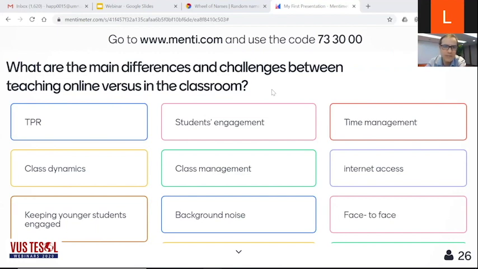And as I was designing this workshop for creating a student-centered online class, I was using a lot of my resources and a lot of my experience from observations and from the workshops that I've been doing with new teachers. So if you've been a VUS teacher before, and if you've been to one of my workshops, some of this workshop will be quite familiar to you. And I think that's a good thing, because a lot of what I teach new teachers for creating a student-centered environment in a real classroom also applies for online teaching.